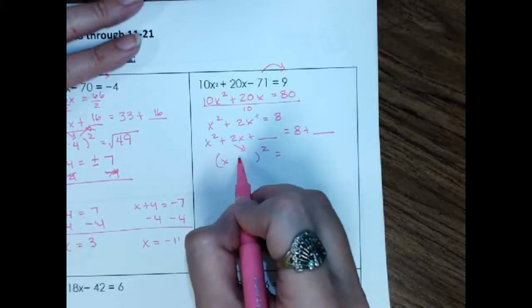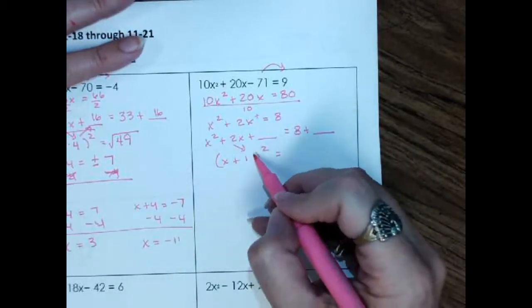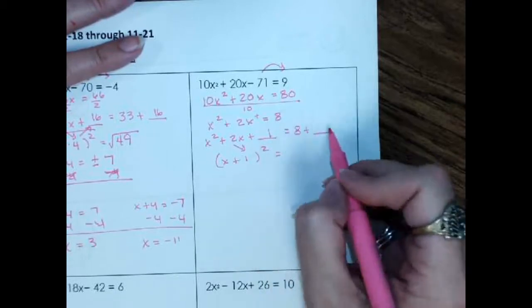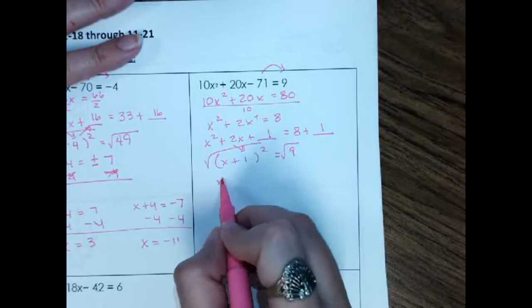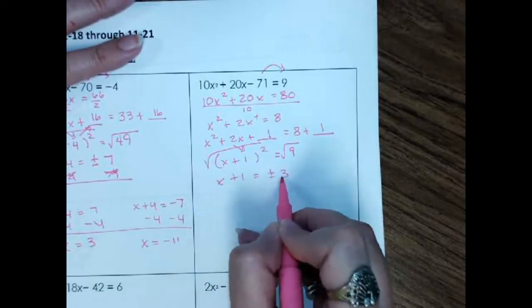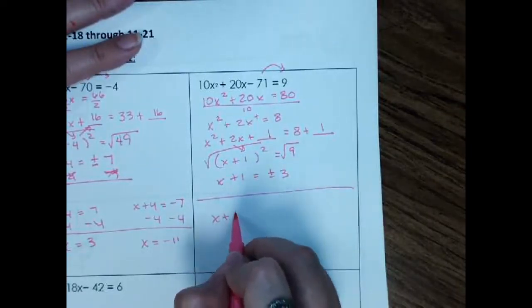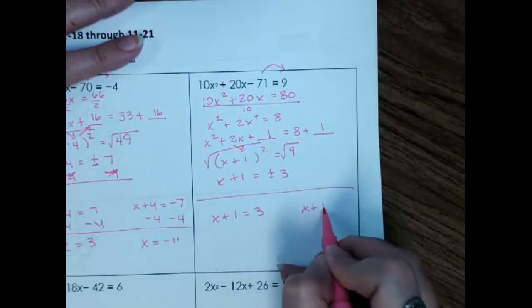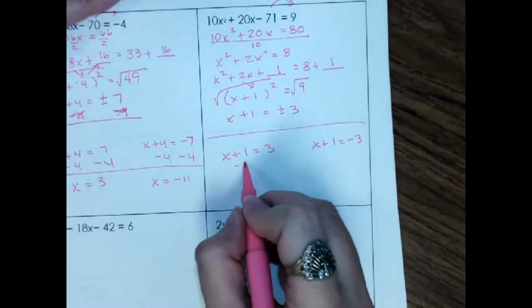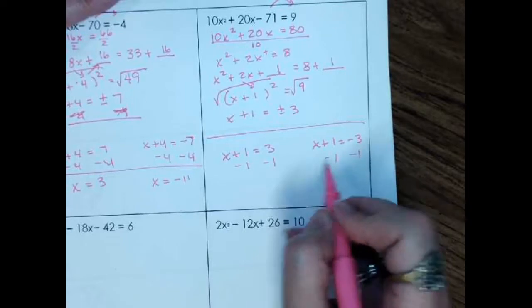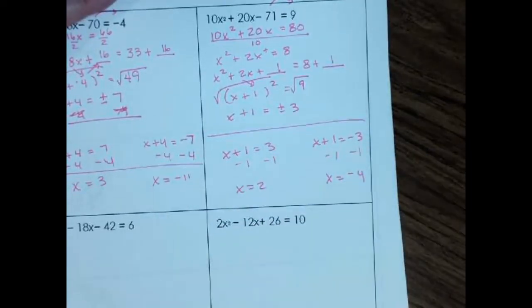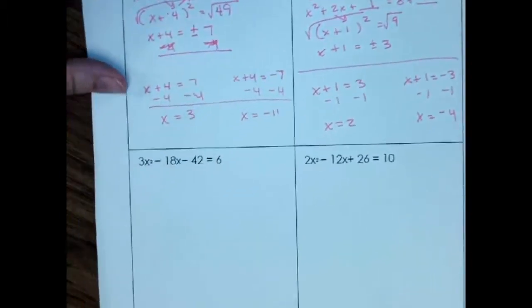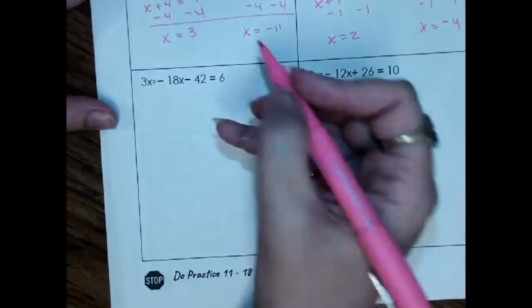Divide as you go down. And when I square a 1 to go back up here, 1 squared is 1. So I get 9. Take the square root. Don't forget the plus or minus. Write as 2 equations. Finish solving. Okay, the next one, move this to the side,